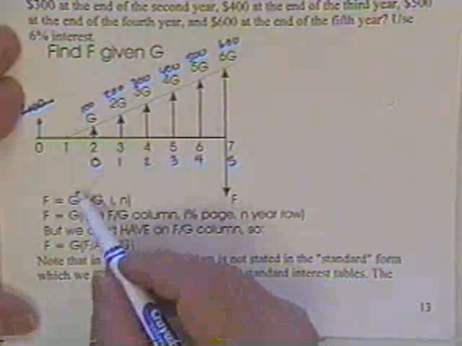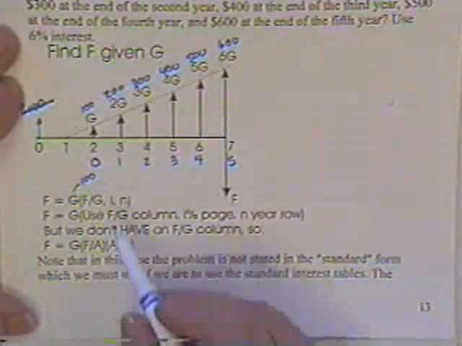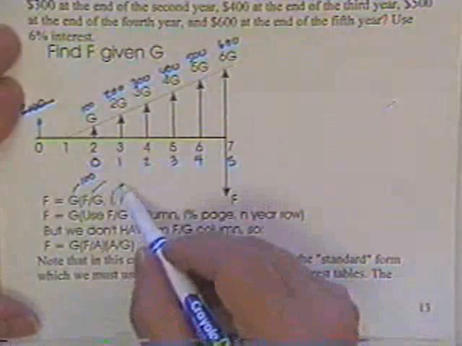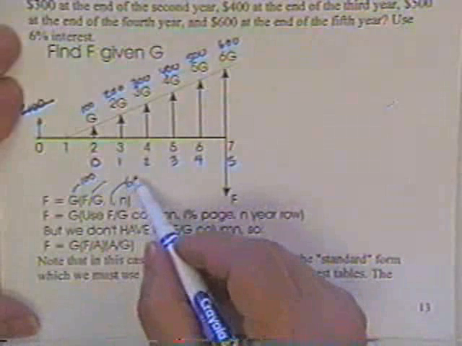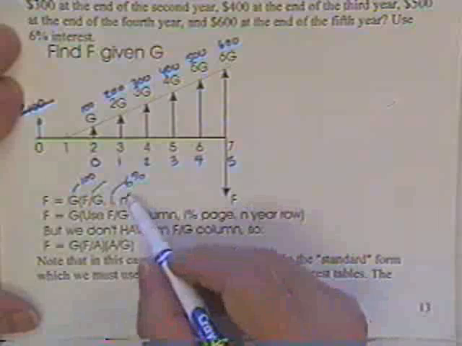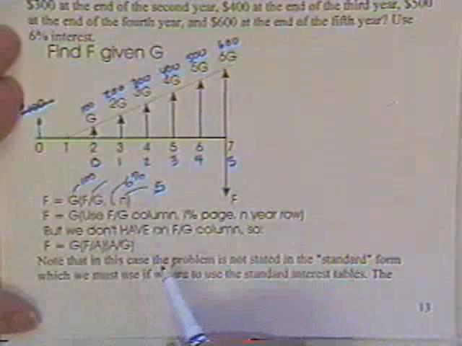And therefore, G would be 100. That's okay. You'd use the F over G table. That's okay. You'd use the 6% interest table, but then N for use in the tables is not 5,